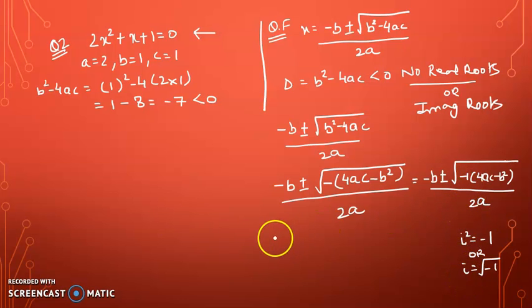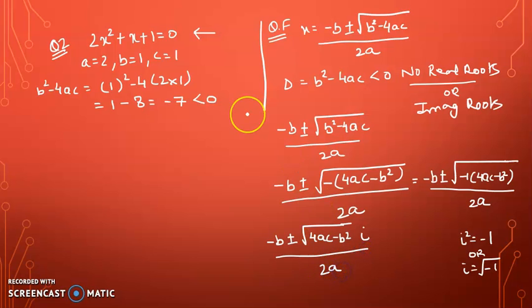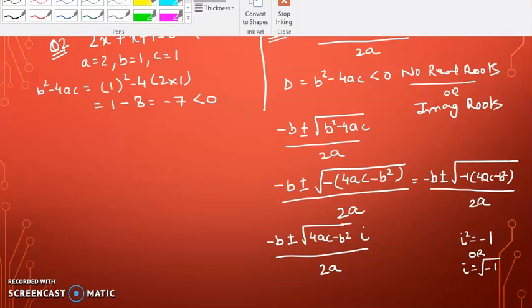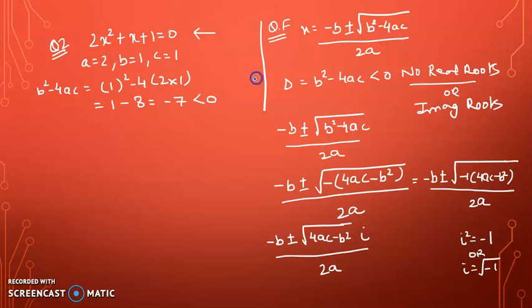So I'm writing here minus b plus minus under root 4ac minus b square. And where am I getting this from? The square root of minus 1 is what? i. So I'm getting here i times root of 4ac minus b square upon 2a. Followed, students? Let me highlight this. Are you following, students, how to solve this? Let me change the ink, it will be easy for you to understand. This you should now use for all these equations and you will get the answer directly.